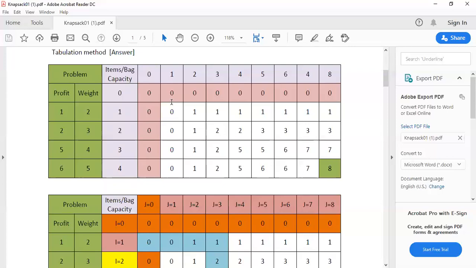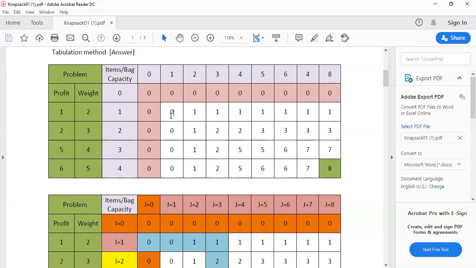Then, going further into the problem, when your I value is 0 and your J value is any value, or when your J value is 0, that particular row and column is 0. Here your I value is 0, so irrespective of your J value, all the values are 0. When your J value is 0, irrespective of your I value, the full column is 0. So you fill it all with zeros.